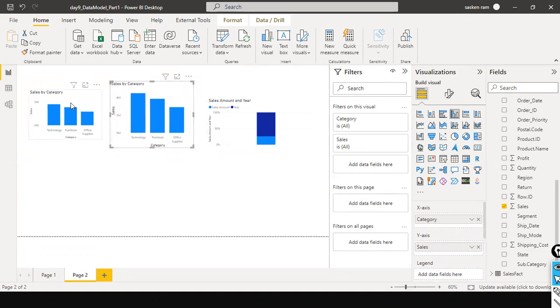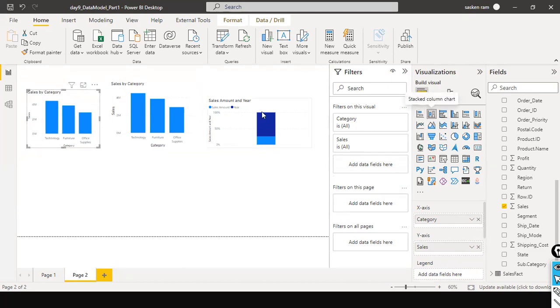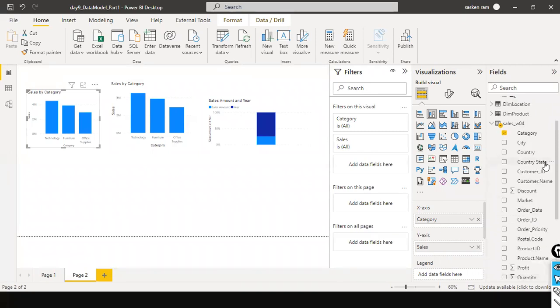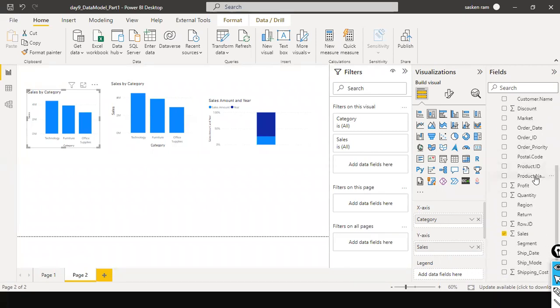If I select this, look here, what is the difference between these two? This is actually a stacked bar chart. Look here, stacked column chart, and this is your clustered column chart. Both of them are column charts, but this one is supposed to be the stacked one, but it is not doing the stacked one here. So what I do here is I just put another thing here, and probably here